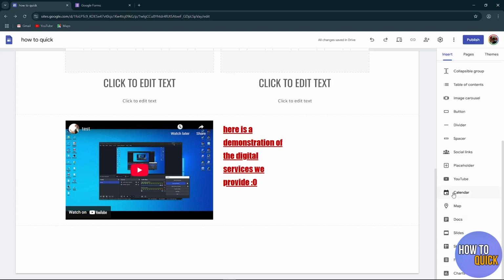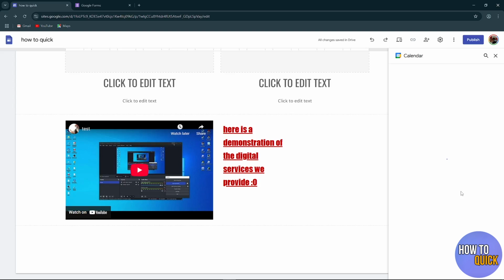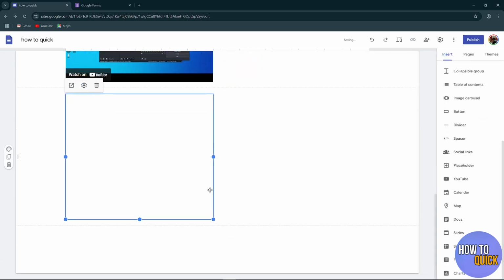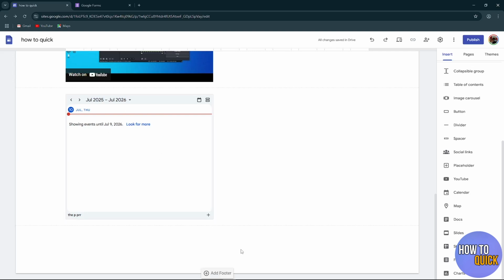For that, you can very simply click on the calendar option and insert a calendar in your website. So I will simply click on this and click on insert, and by doing this I will be able to add a calendar very simply on my website. So once your website or your portfolio is all set up, what you obviously need is a way through which